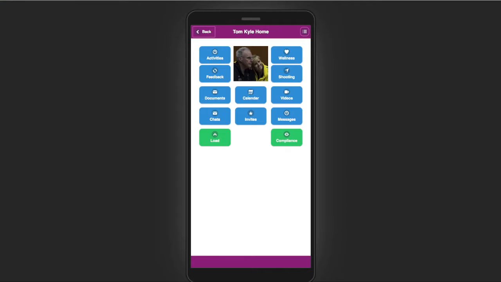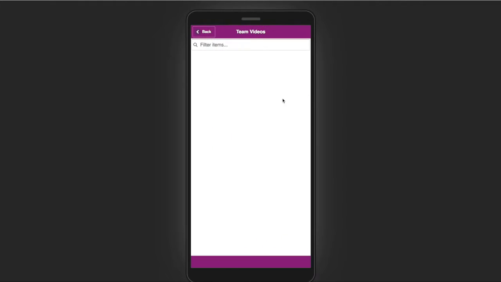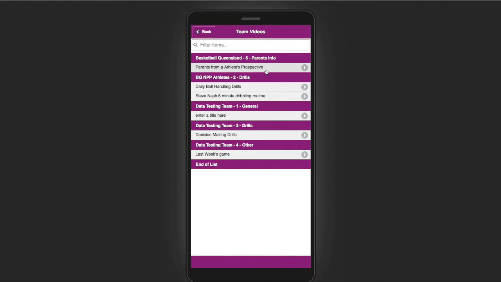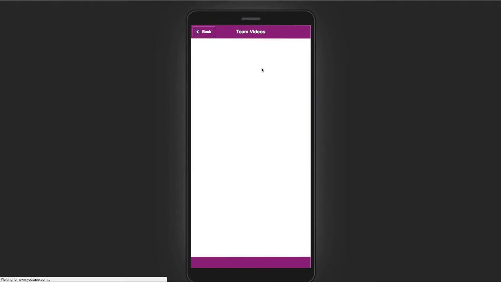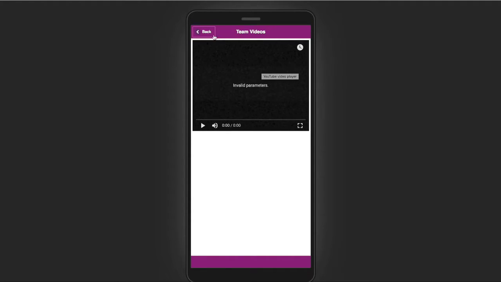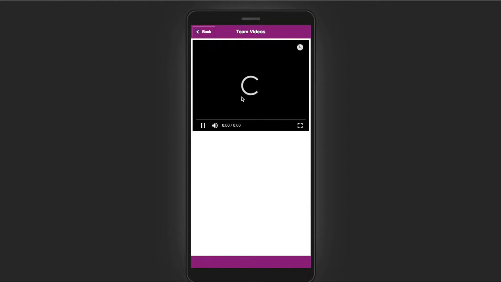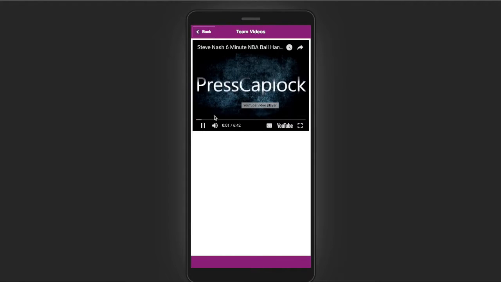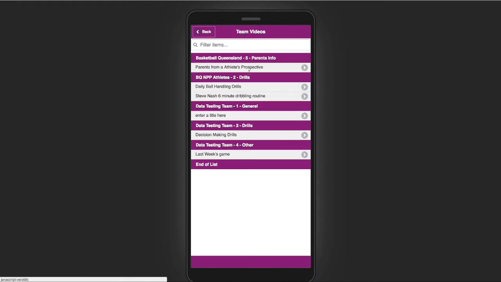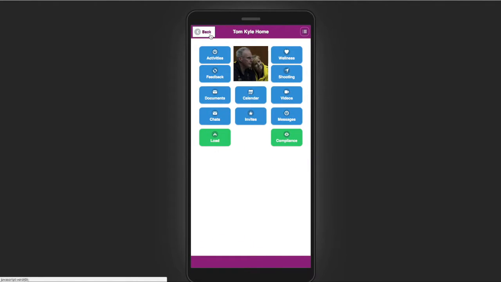For the athlete, that comes up in their videos login, and from here they can go into any particular video and play it on their device. As you can see, they can turn that to full screen, etc. Another part of the system is that we allow